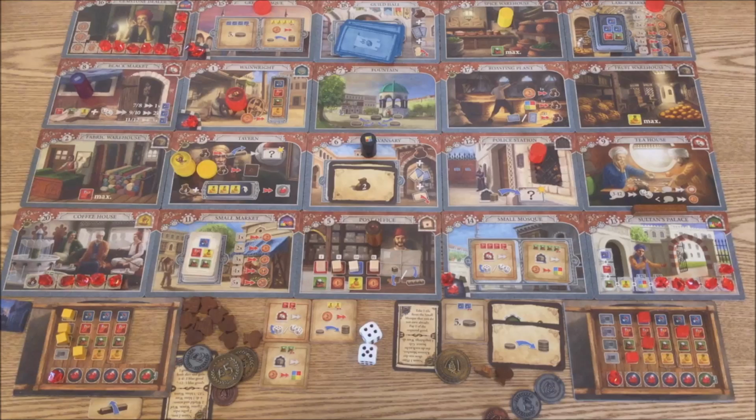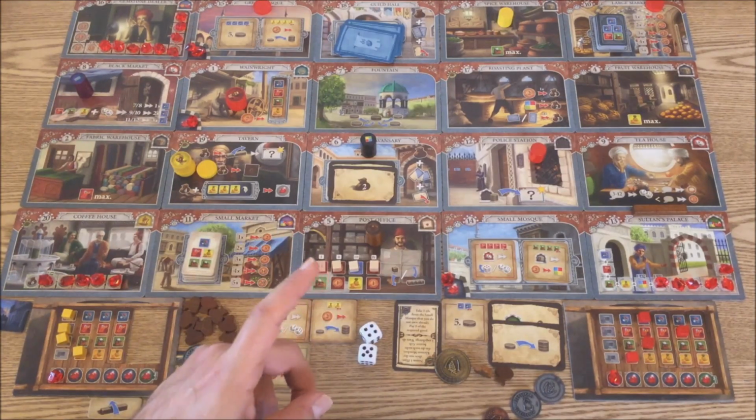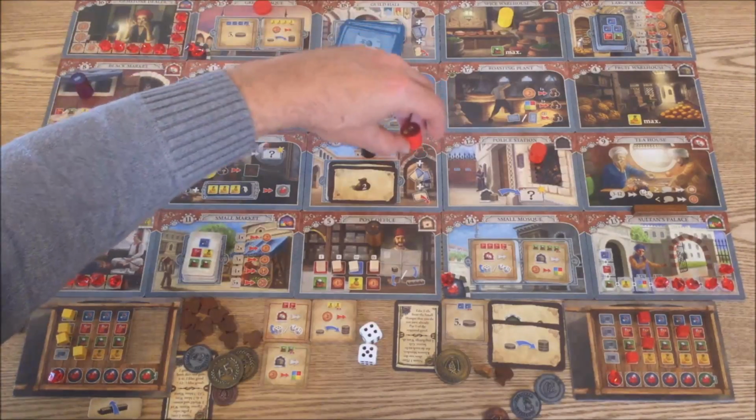So Kelly's next turn, she's completed her wheelbarrow. Her reds are nearly full up. So I think she's going to, she needs yellow. So she needs to head over that way. So she's going to come down to the caravansary,